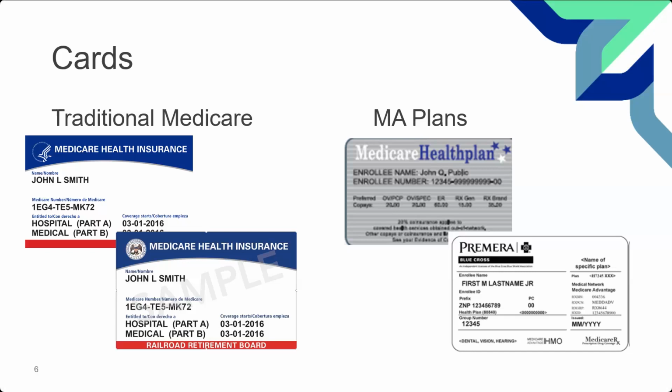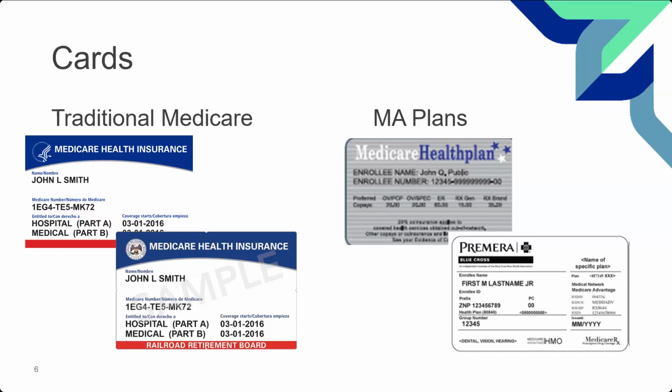When you ask for the card and you look at Premera Blue Cross Blue Shield, which is the lower example in the right corner, on the bottom it'll say Medicare Advantage HMO. That's very key information. That tells you to bill them versus bill traditional fee-for-service. It also tells you this is not a supplemental plan. So sometimes it'll be a supplemental plan and it'll also state that on the card. So you really have to look at the cards.